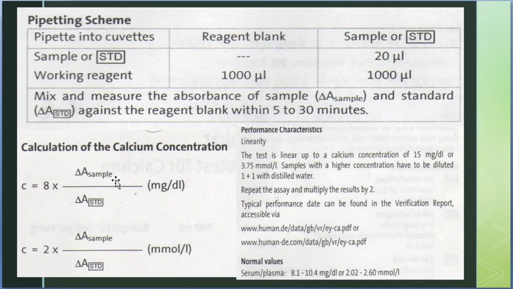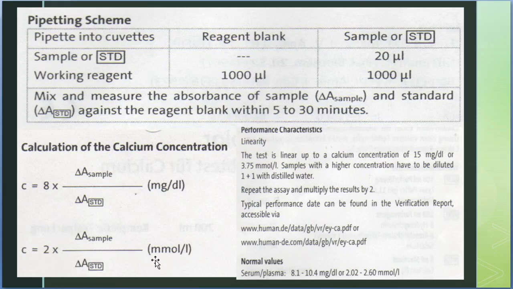Pag conventional, multiply by 8. Pag SI, multiply by 2. Anong gagawin, Doc? Yung absorbance ng sample, i-divide ng absorbance ng standard, multiply by 8. So that's gonna be your calcium in conventional unit. Pero pag SI, yung absorbance ng sample, i-divide lamang sa absorbance ng standard, multiplied by 2, and that's gonna